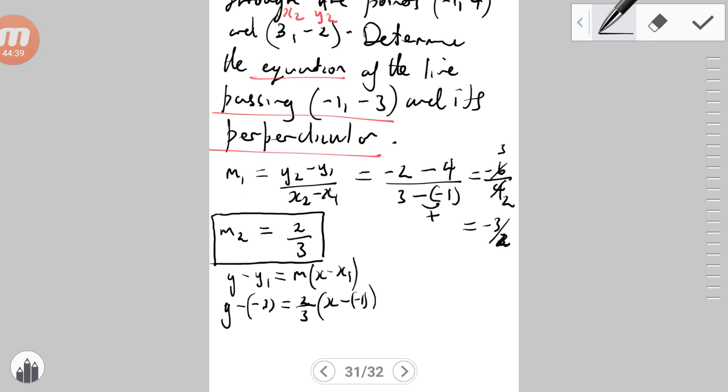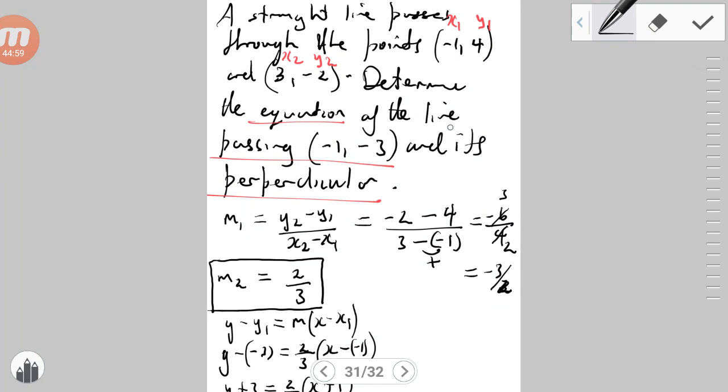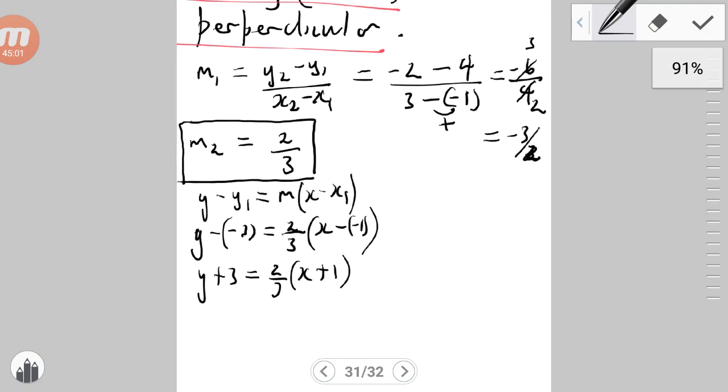Alright, so a little bit of sign clashes here. Let's simplify this a bit. So y, negative times negative is positive 3, and that's going to be 2/3 times x. Negative times negative is positive, so that's plus 1. Simplify it, makes it a little easier to work out. Let's do some distribution. They didn't ask us for any particular form, not standard form, not general form, so I'm just going to stick with the general form. So that's y plus 3 is equal to 2/3 times x is 2/3 x, and 2 times 1 is going to be 2,